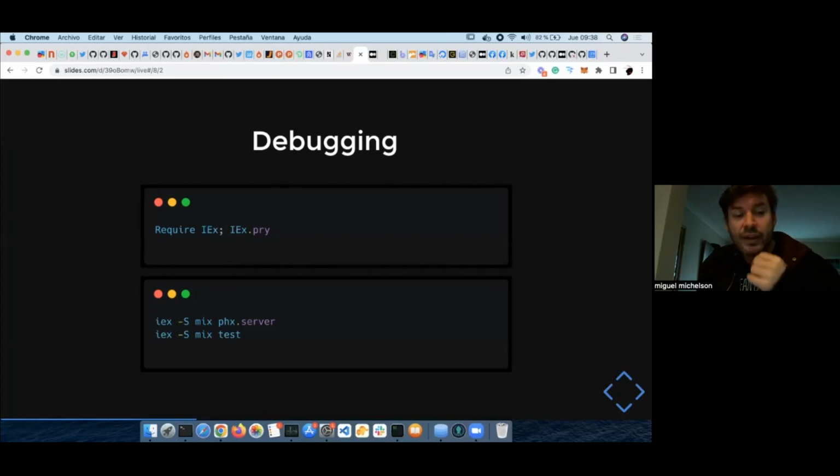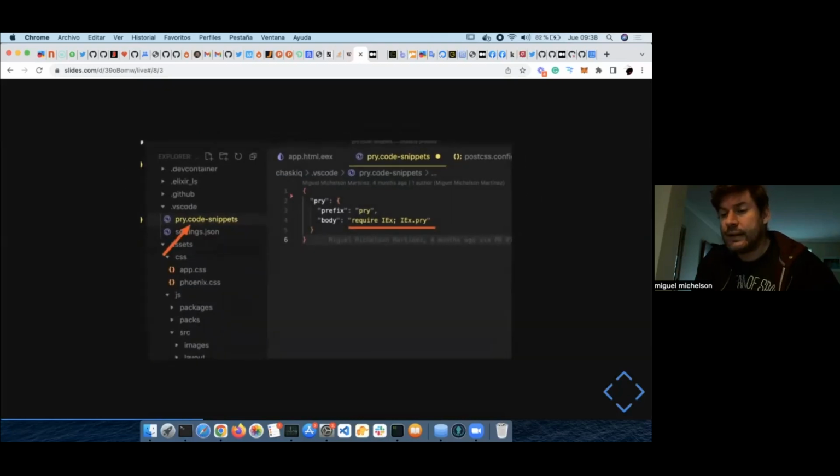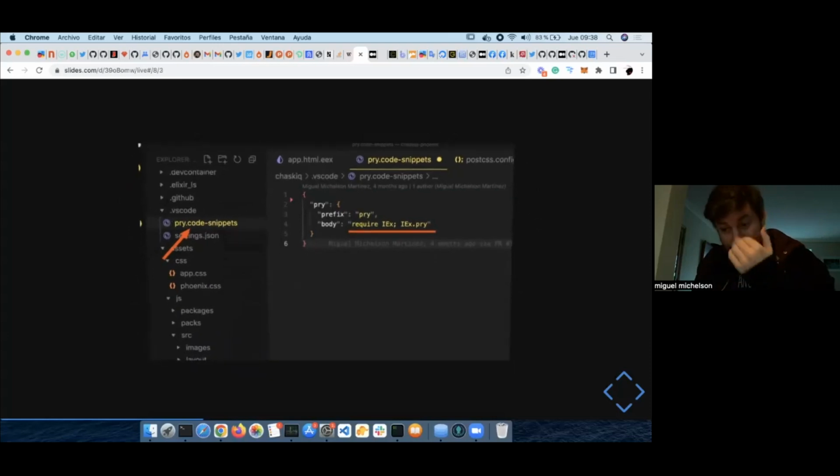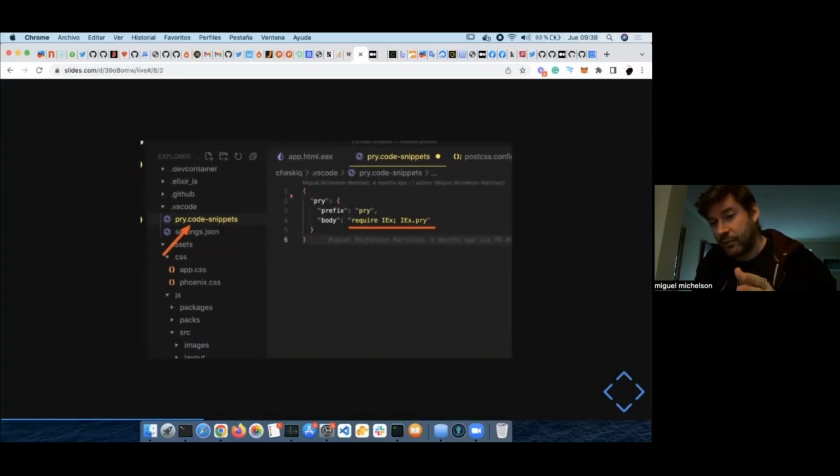In Elixir, you have at least 3 ways to debug an application, and the most Rubyist way is to use IEx.pry. For IEx.pry to work, you must start the application with iex -S. That applies to running the server, running the tests, or even running the console itself.